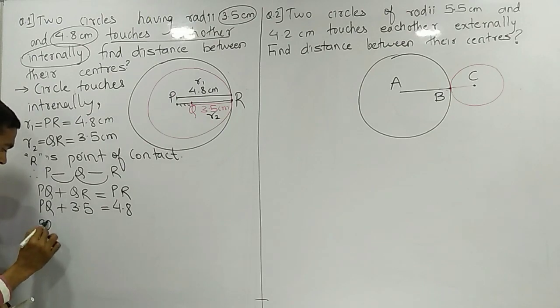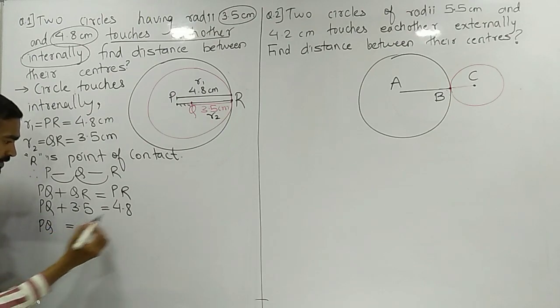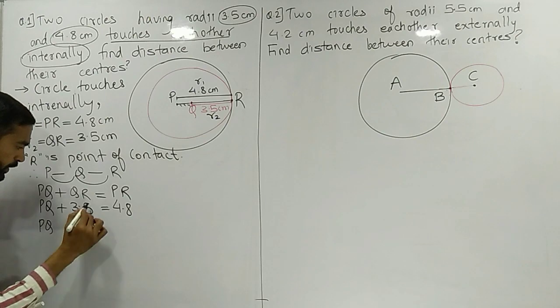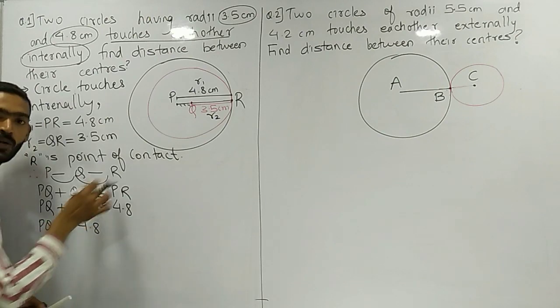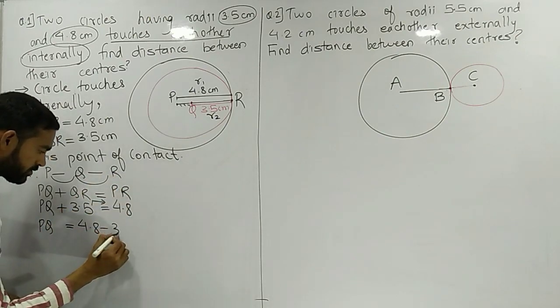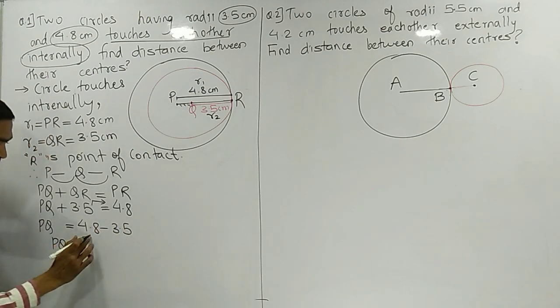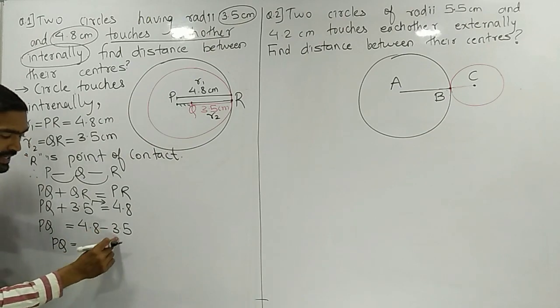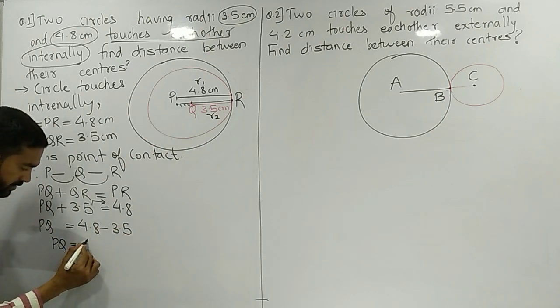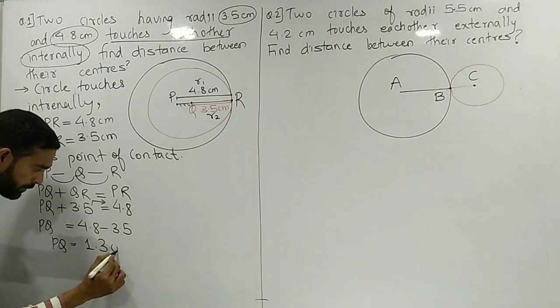Now, I'll keep my PQ as it is, there I'm having 4.8. Now what I'll do? I will shift 3.5 to that side. Right, students? Subtract these two, 4.8 minus 3.5. If you subtract, you will get 1.3